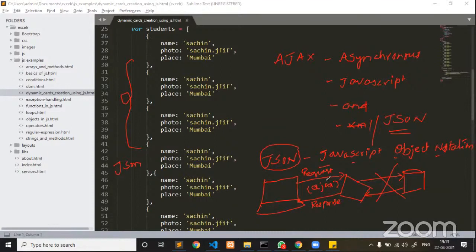At the same time, the server will also process the data back to the client. So in such cases, you should also expect a data response from the server. In the process of exchanging data between client and server, we should go for JSON. JSON is a data exchanging technique.